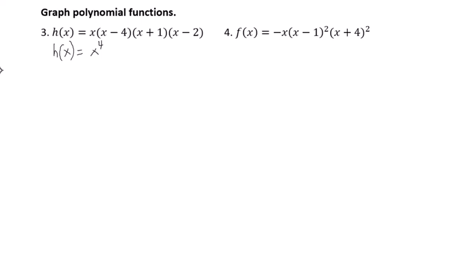Now, what I need to figure out is, if I put a 0 in here, what's going to be here? Well, if I put a 0 in here, and negative 4 and a 1 and negative 2, that all multiplies and gives me a 0. So this will be plus something, something, something, plus a 0 at the end. That lets us know that the constant at the end will be 0. All right, so with x to the 4, there's a 1 that's positive, and this is an even function. That means when we do our quick sketch of a graph,